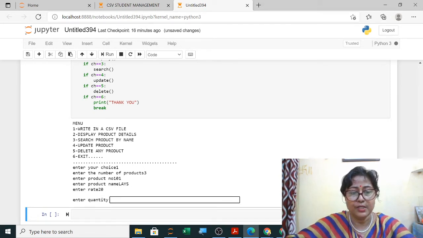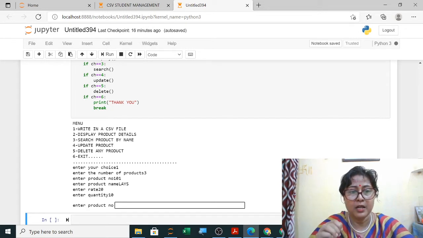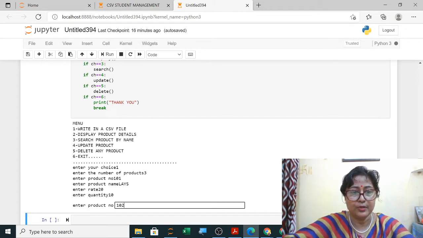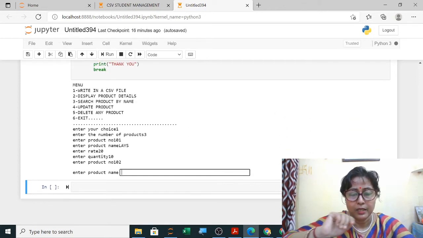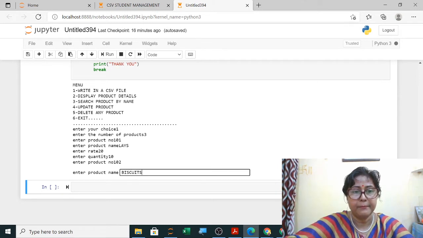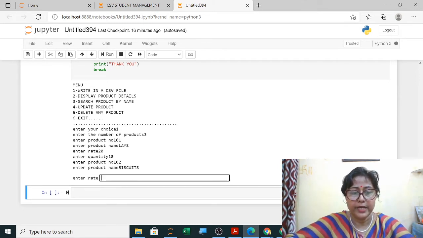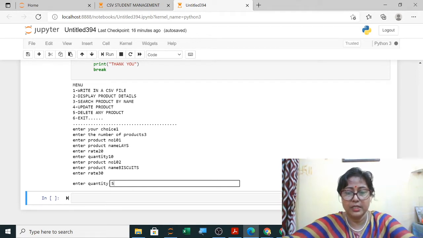Then quantity is suppose 10. Now product number is 102 and product name is your biscuits. Then rate is 30 and quantity is 5.